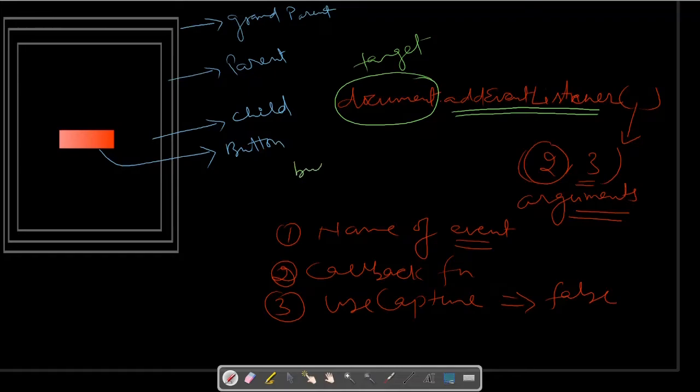You can add it like button dot addEventListener. This will also work. So this is just for reference: document dot addEventListener, button dot addEventListener, or any DOM element you selected with its ID or class name.